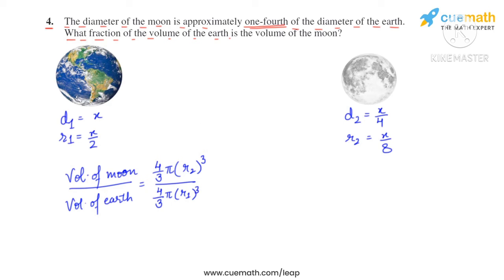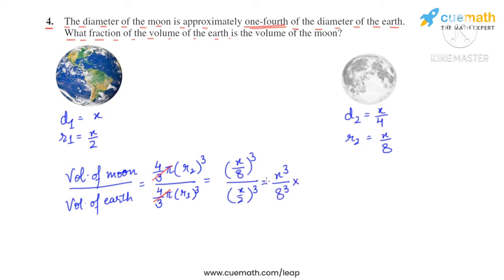If you see carefully, 4 by 3 and 4 by 3 get cancelled, so we are left with r2 cube by r1 cube. R2 is x by 8 whole cube, and r1 is x by 2 whole cube. When we simplify this, you will get x cube by 8 cube